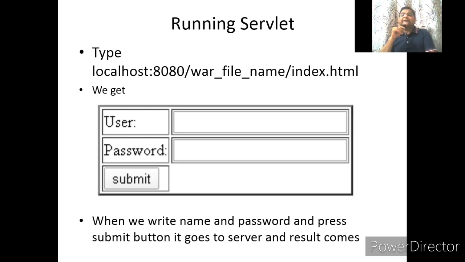So how to write this and run this program? Open your Tomcat manager and deploy it, and to run your first servlet, what do we write? We write at the address bar localhost:8080/whatever the war file name of your application is/your first page. And what is the name of your first page? That is index.html. As you write at the address bar and submit, the request goes to the server, and the server sends back